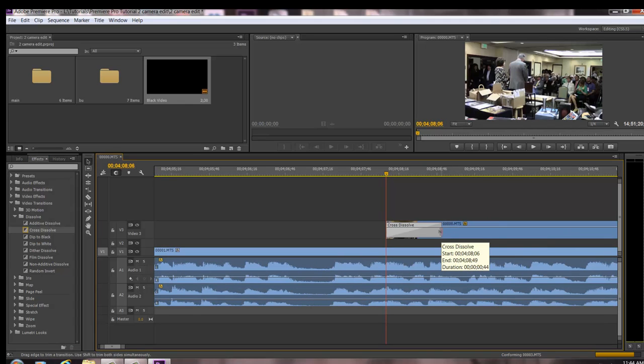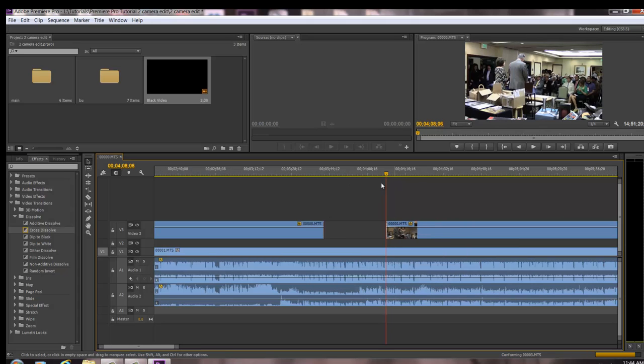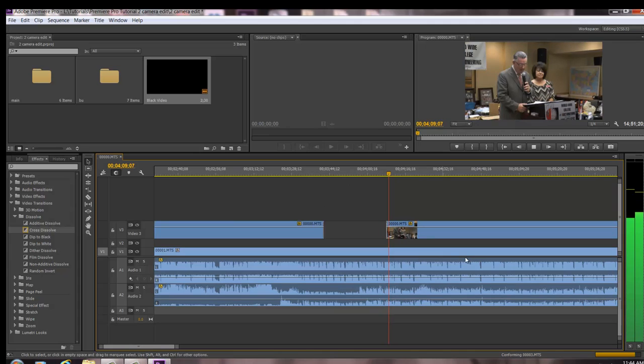Cross dissolving means it's taking video from clip A and then taking video from clip B and taking a little bit to create the dissolve in between the two. So that's what that means. So it's just a matter of watching it from here on out